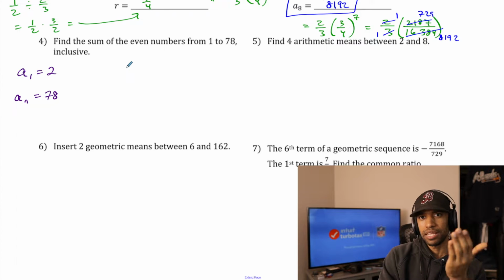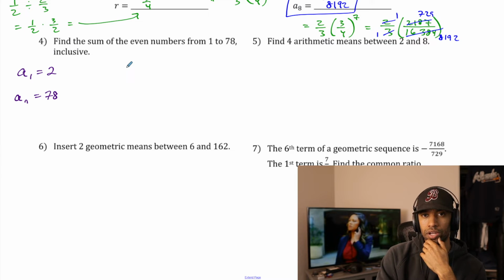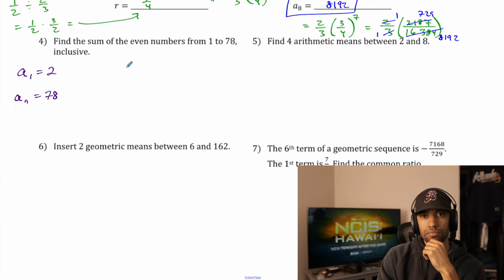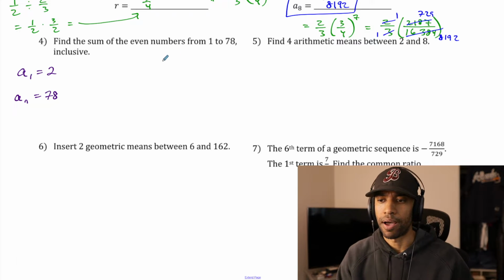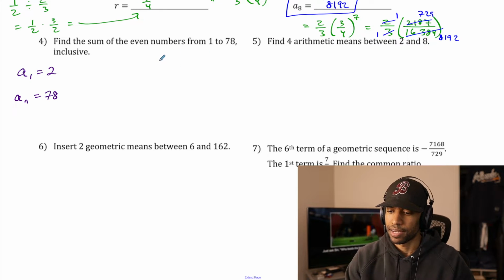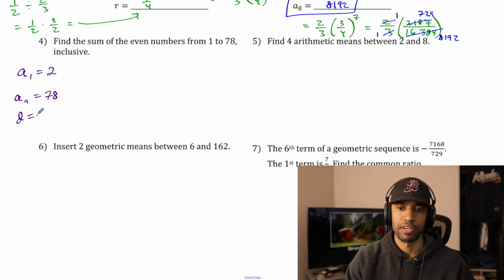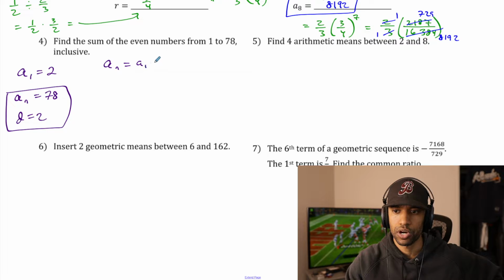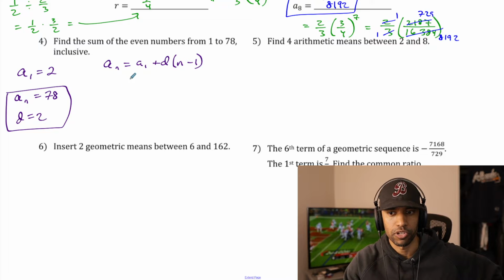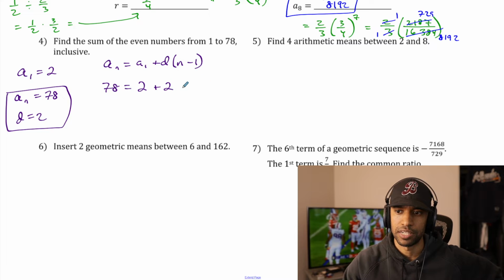Now, to find the sum of the even numbers here, we have to figure out how many even numbers there are from 2 to 78. It's very likely we can state that there are 39 of them, because that's how it would pair off from 2 to 78. What would be our best way of recognizing that, though? By the way, the common difference is 2. If we know that our last term is 78 and our common difference is 2, we can use our explicit rule to find the number of terms. So we could say 78 equals the first term plus the common difference